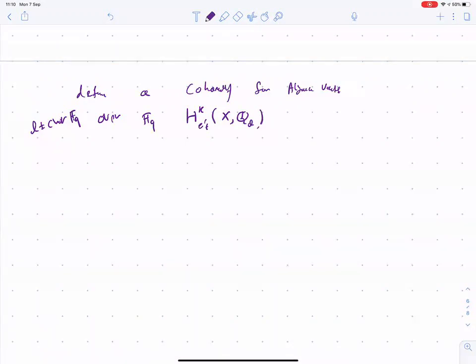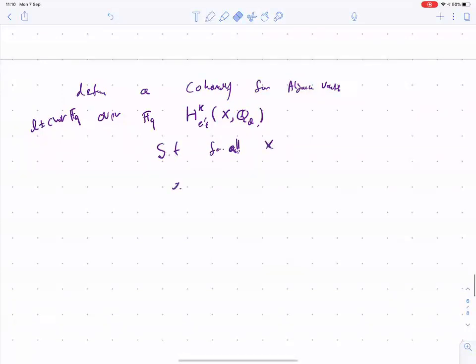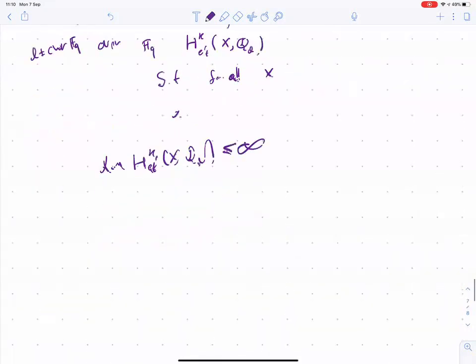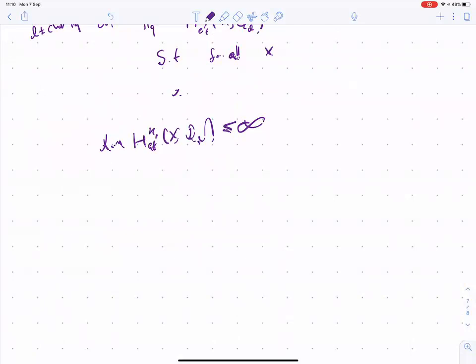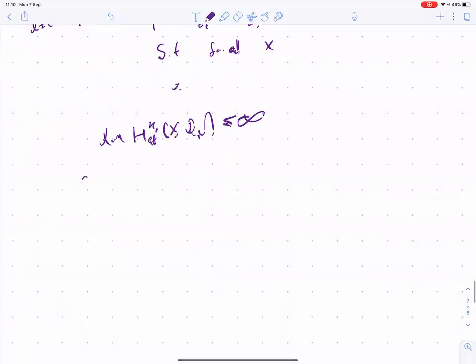Anyway, you define this notion of cohomology such that for all x, the dimension of this is finite, and then